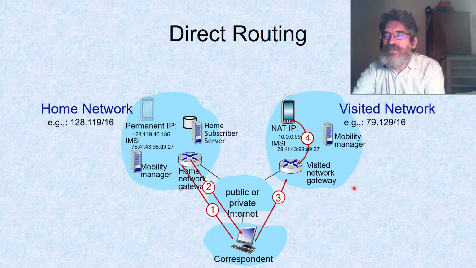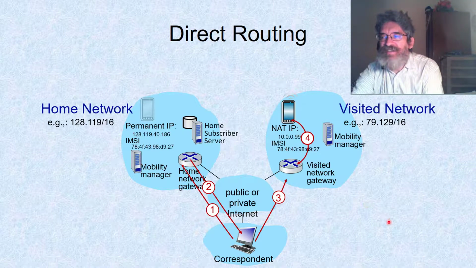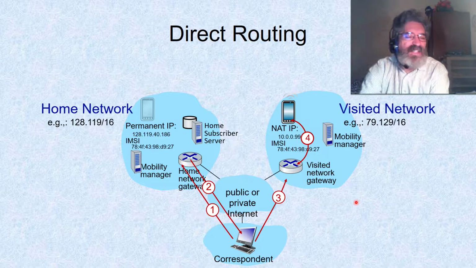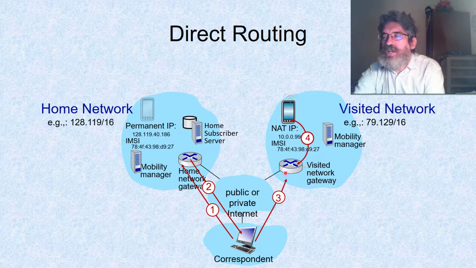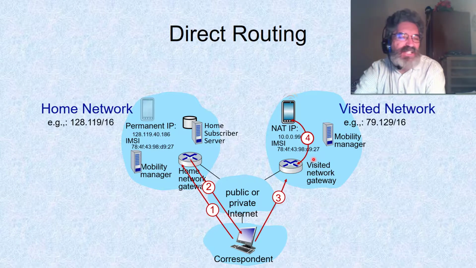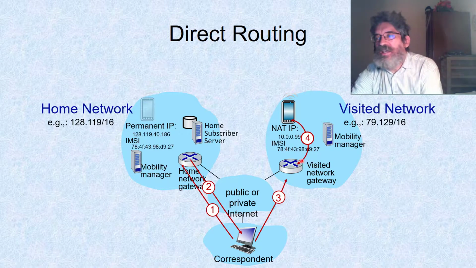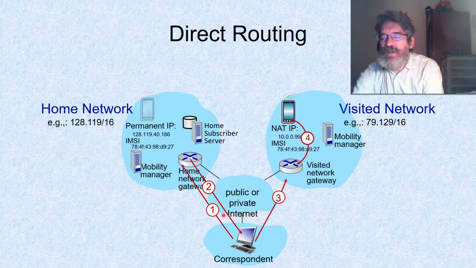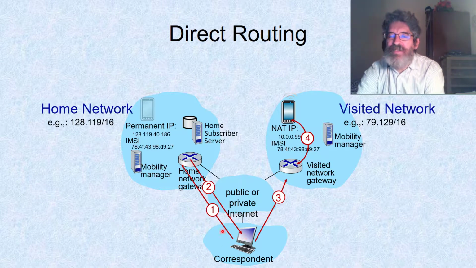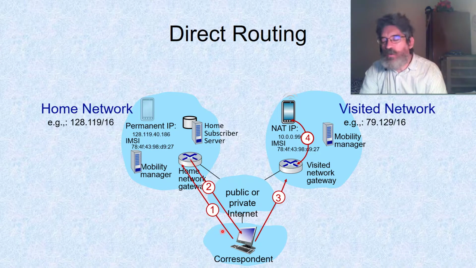And again, as we move, now what happens? Do we give the correspondent the new location? Do we just have the visited network forward it? The general approach here is what we'll call an anchor foreign agent. So whichever network I am in when that particular connection started will then act as my home network for the remainder of that particular connection. So that the correspondent only has to learn about my location once. And that makes life a little easier there.